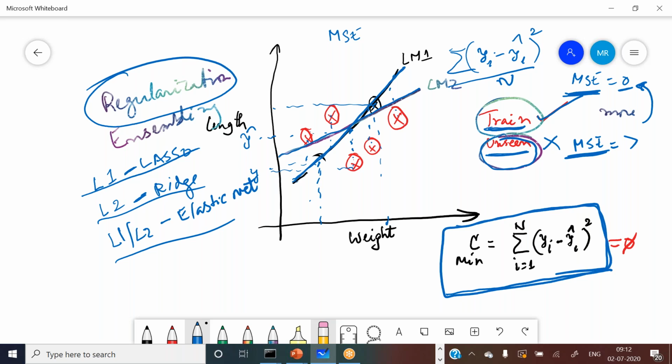So how do we solve that problem? To solve that problem, one tactic we use is called regularization. Regularization is a mathematical technique.